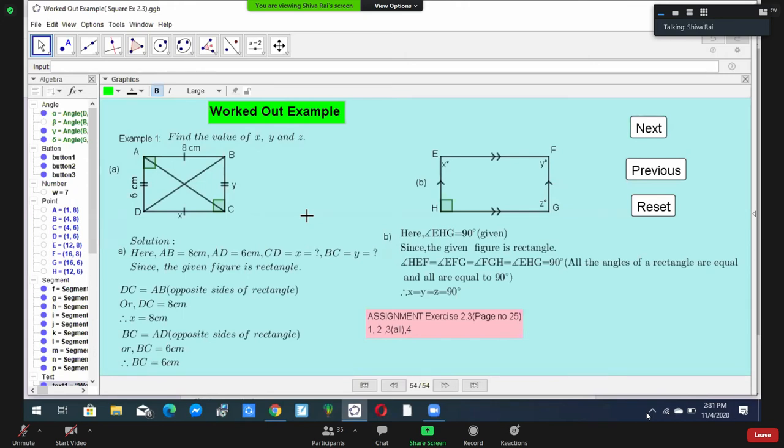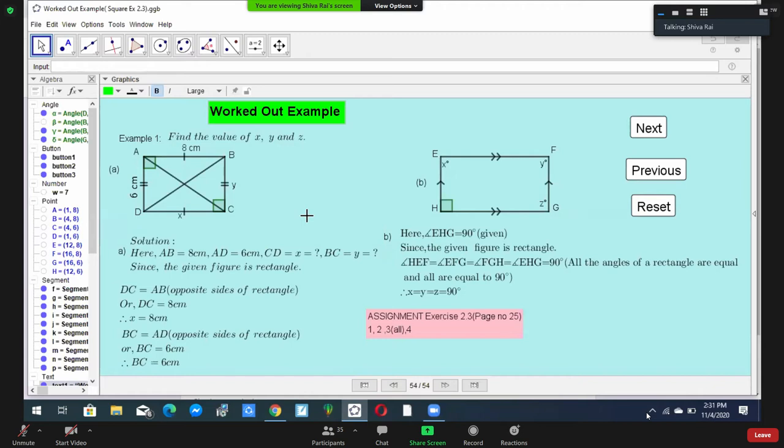You have to identify yourself. Here nothing is said whether it is a square or rectangle or rhombus or trapezium. But you have to identify yourself from the given things, because already you have learned. You have to use the properties also. You know, if one of the angles of a quadrilateral is 90 degree and opposite sides are equal, that is a rectangle.